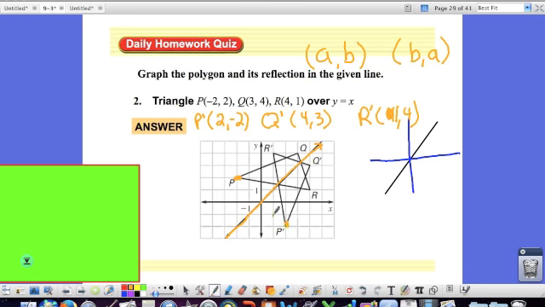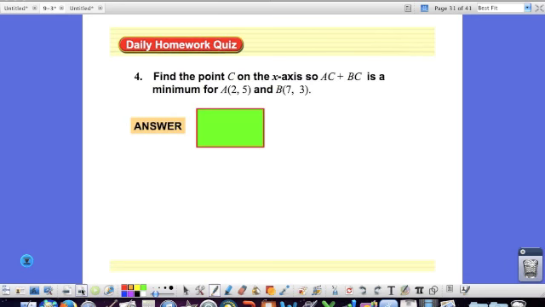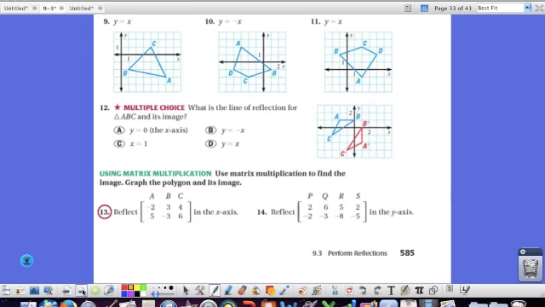And that is a lot of what we do when we're just reflecting over the X or the Y axis. As these get more complicated though, you need to be able to understand the rules and really be able to come up with these points without having the visual of the graph. And matrices we do not do in Geometry Honors. But now you can go through